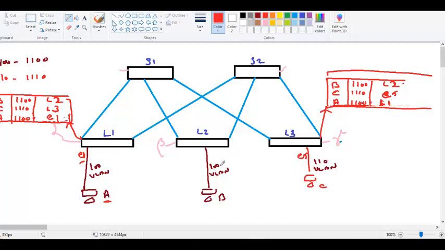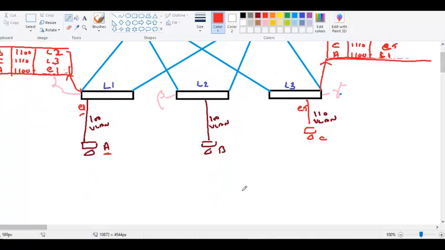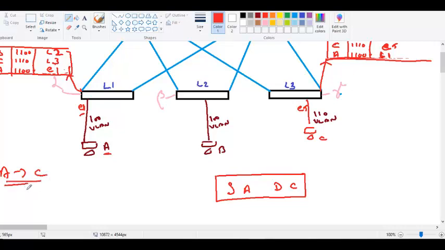Now, if I want to communicate between A and C, the original source is A, and the destination is C. This is getting encapsulated. Let's say A is communicating to C. Now, VXLAN is going to encapsulate. Now, what is the VXLAN ID? If C is the destination,